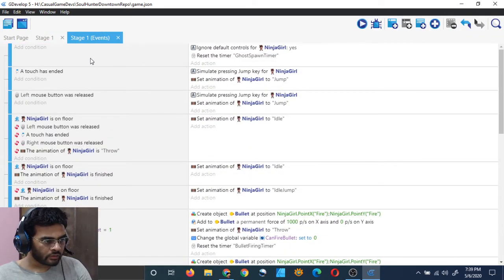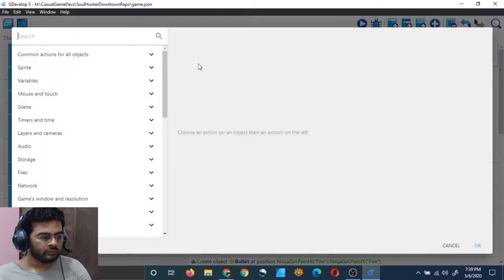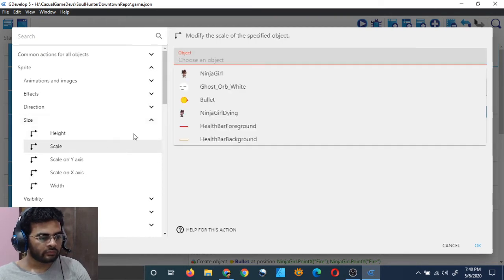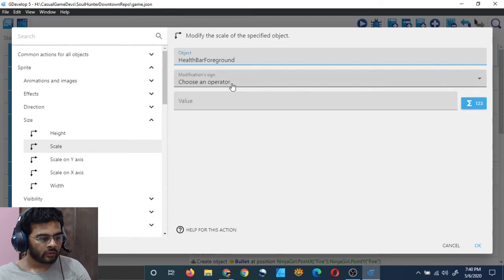Any condition, this will happen online, right? I will just add an action, and sprite size, scale health bar foreground. So the scale of the health bar should always correspond to the health variable,